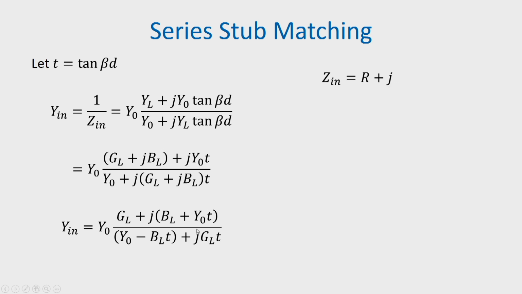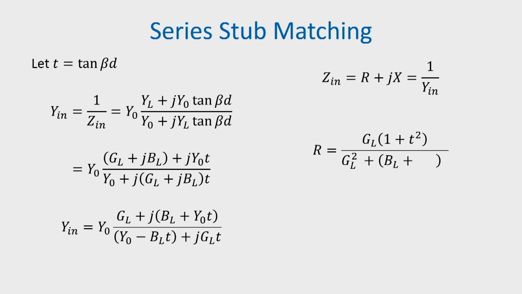We can now write Zin is equal to R plus jX is equal to 1 by Yin, and then from there we can find out the real part R to be equal to GL (1 plus t squared) divided by (GL squared plus (BL plus Y0 t) whole squared),